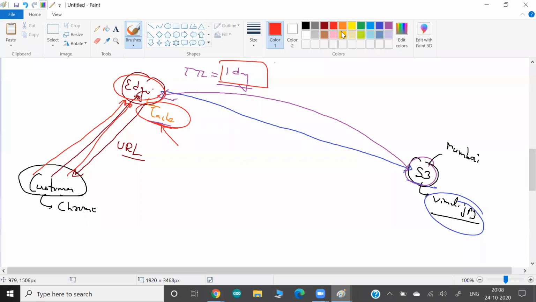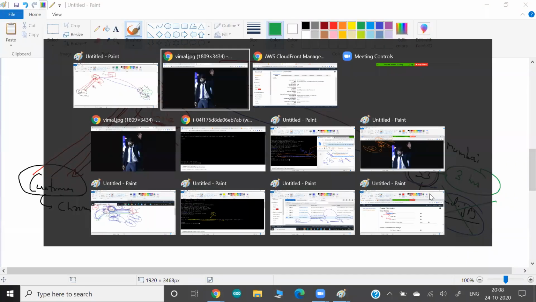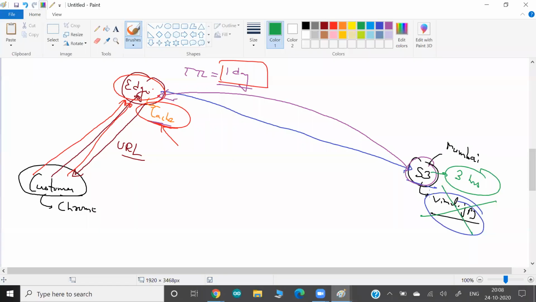But maybe suddenly the company has a new requirement, or suddenly they launch one more campaign. Maybe after they create the cache, after 2 or 3 hours, they launch a new campaign and they want to change this image. They want to change the theme and the logo, all of this. So you know what happened, guys? Because in all of my edge locations,